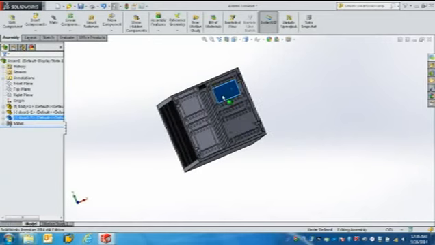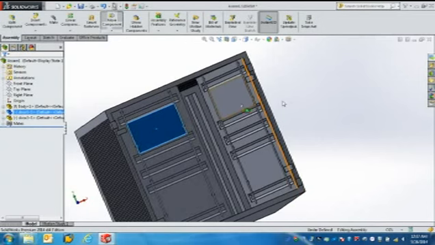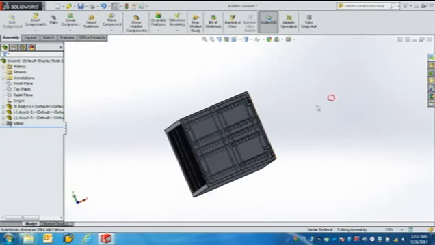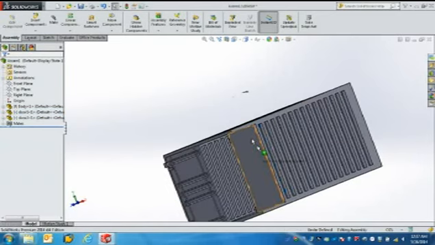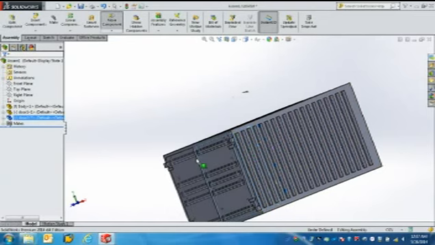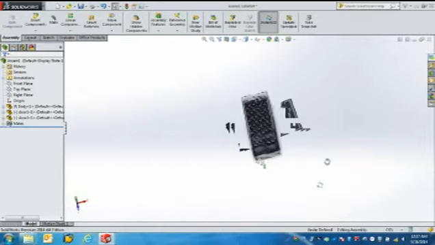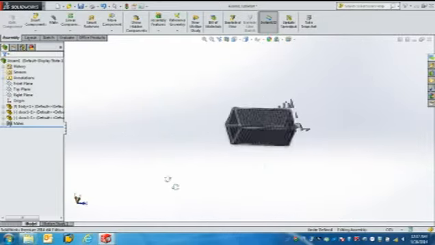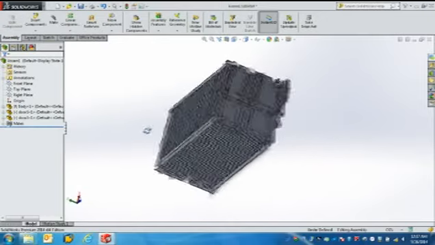You may open them or you may close them, so the assembly is not yet fully defined, but the purpose is completed, as the doors should be movable. So this is all about the drawing or the 3D model of a 20 feet container. I hope you have liked it, or you have learned some new things from